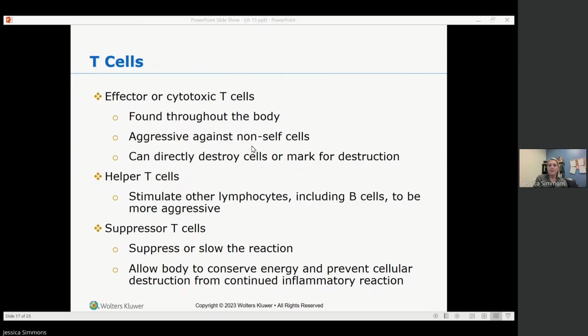So, having an active infection and having an active immune reaction is very tiring for the body. Okay, the sicker you become, the less energy you have because your body's cells are using all of your energy, your glucose stores in the form of ATP through your mitochondria, right? To produce as much energy as it can to fight off whatever is happening.